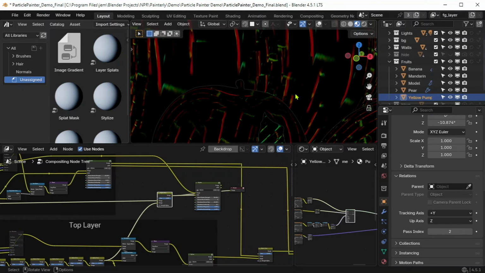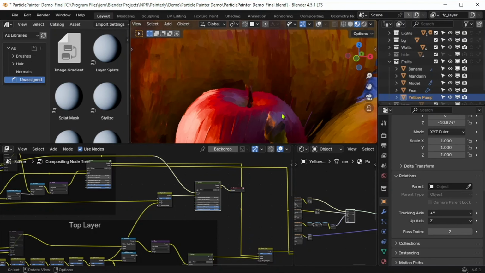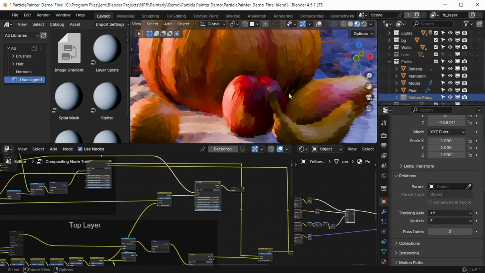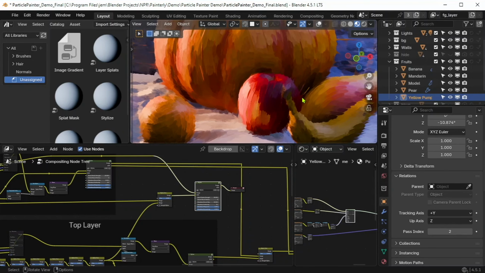The pixels are being pushed in this direction into the pumpkin. But when it comes to the fruits, the effect is not as bad, because you'd kind of expect that colors would sort of bleed into one another. And they also have quite similar colors too. So it just sort of